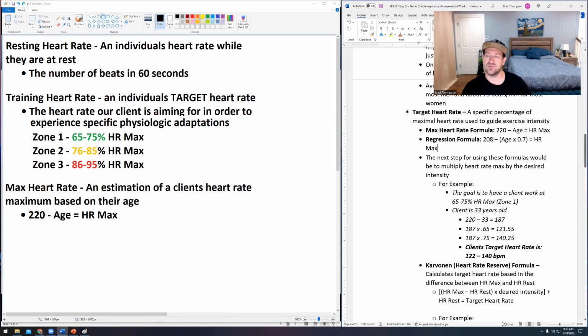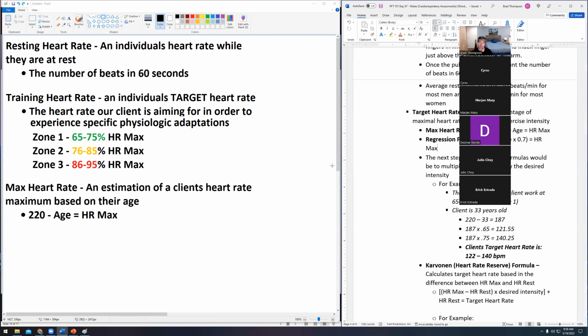But this is generally a little bit better for athletes, and this is general. The rule of thumb in the industry is that this one is generally a little bit better for athletes, and this one is better for the average everyday client. Now, obviously, you hear that and you might be thinking, okay, so if I wanted to calculate, let's say,